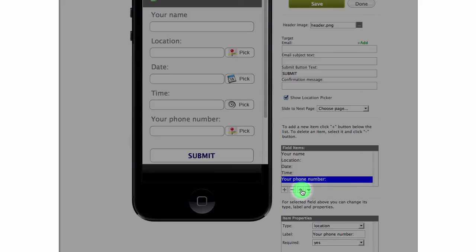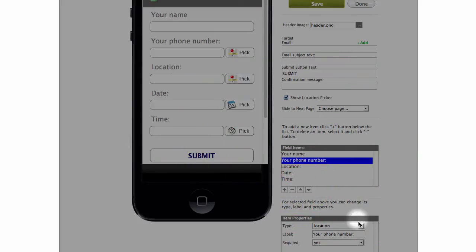Again, put it up and change the type to say text. Okay, your name, your phone number,